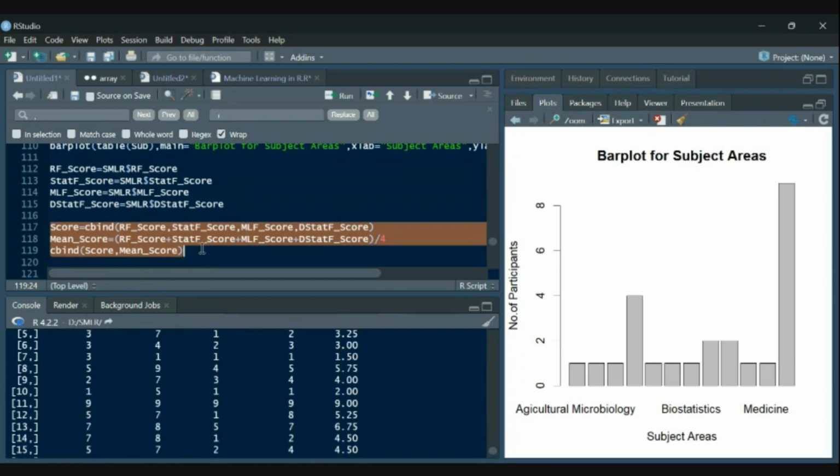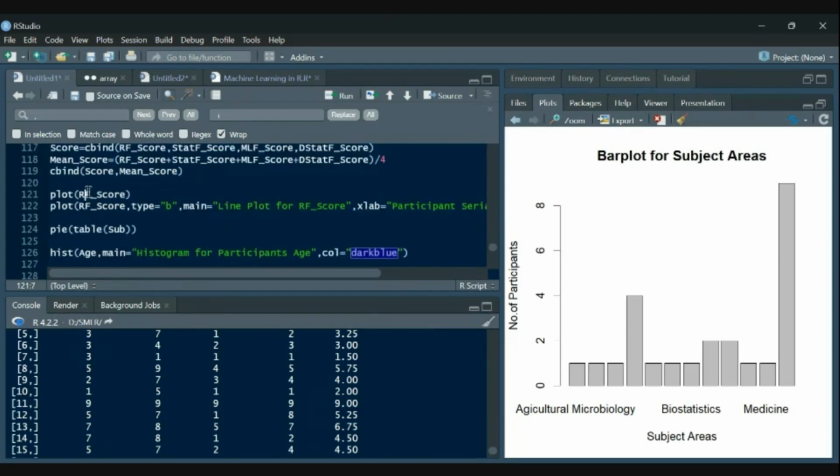So I think there is no need to go into the detail of this. This is basic mean, and we use cbind. cbind is basically for column binding. So whenever your variables have the same length, they can be combined by column, as well as in rows. For row bind, we have rbind here. So in place of c, you will write r, r only. So rbind for row binding.